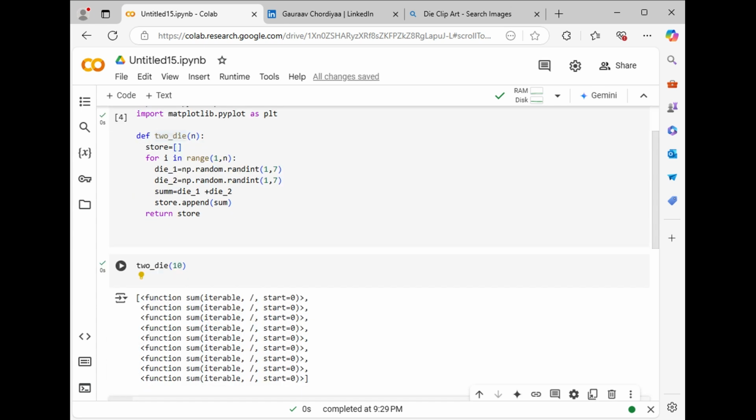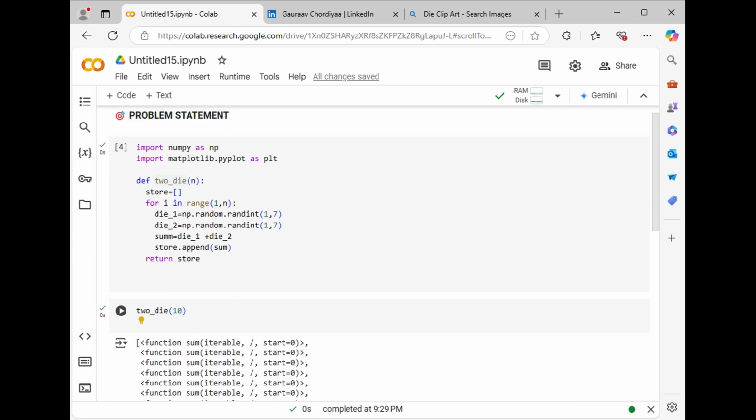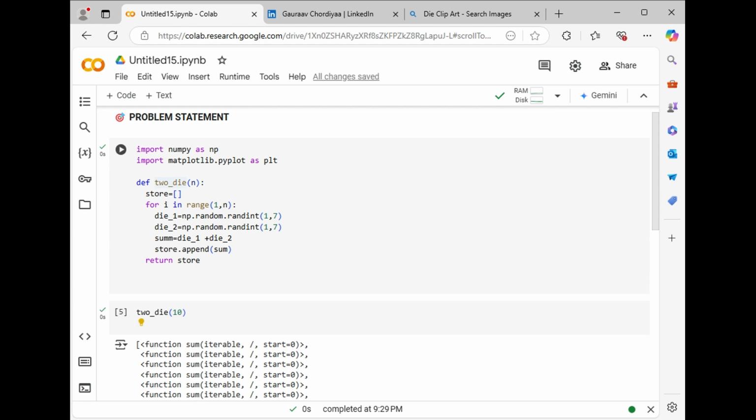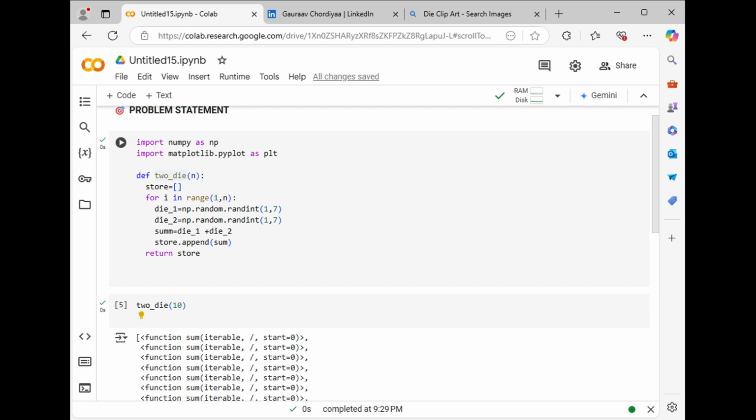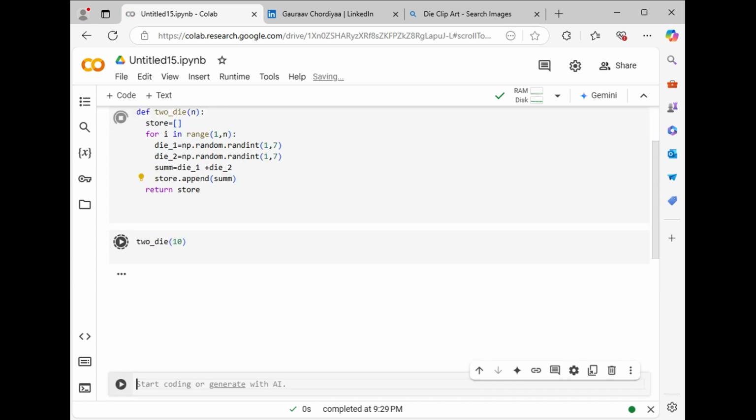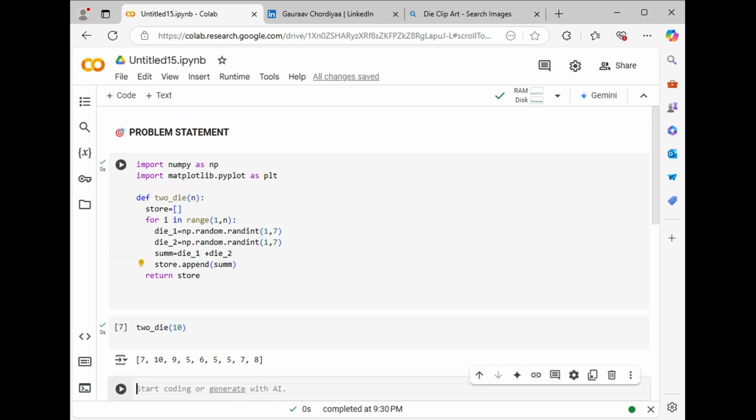So let's say now, okay, what I'll get, the thing I'm getting, just wait. Okay, I have to use a sum over there. I have used the wrong one. Now I'll rerun that and we'll check that. So you can see whenever I run the dice and I add the sum, so ये दो dice के sum है जो कि 7 है. So this is 7 10. Now you can see 9 5 is repeated over here.